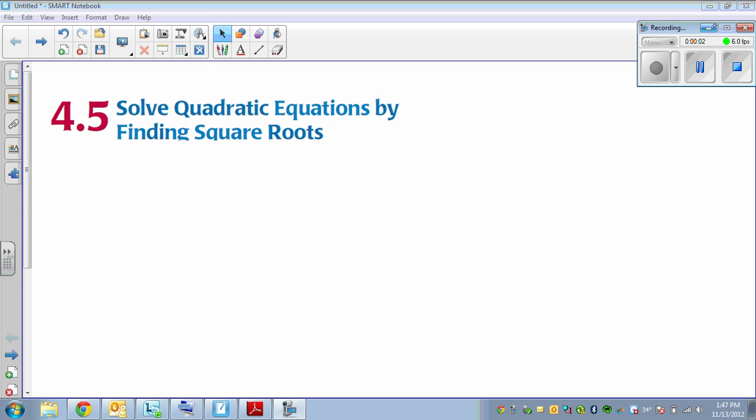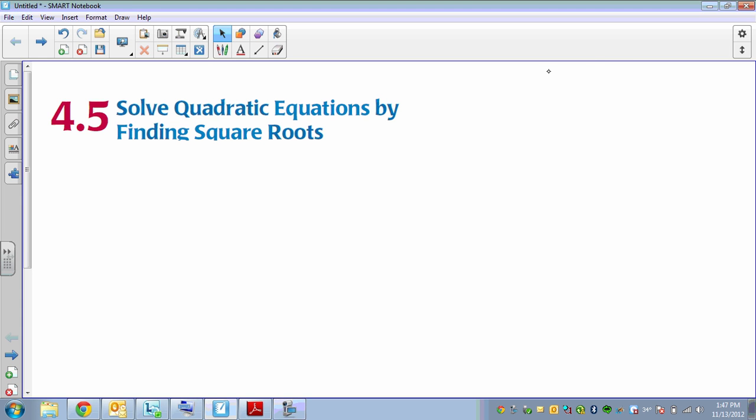Hello, everybody. So, what we're doing here is kind of section 4.5. We're kind of going in random order, mildly, but we're still on the same topic of solving quadratics. So this is just another strategy to solve quadratics. What we've been doing the past few days is solve quadratics that